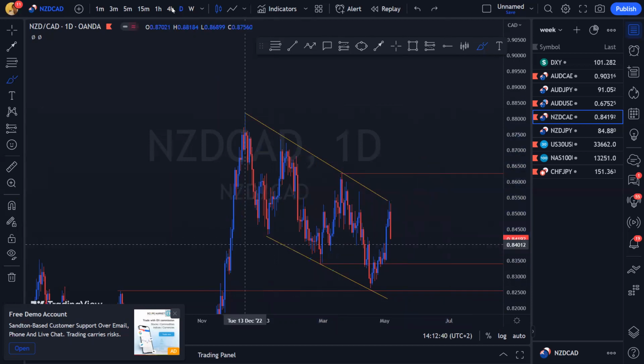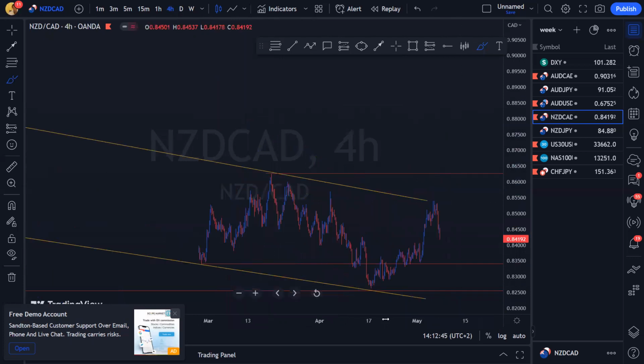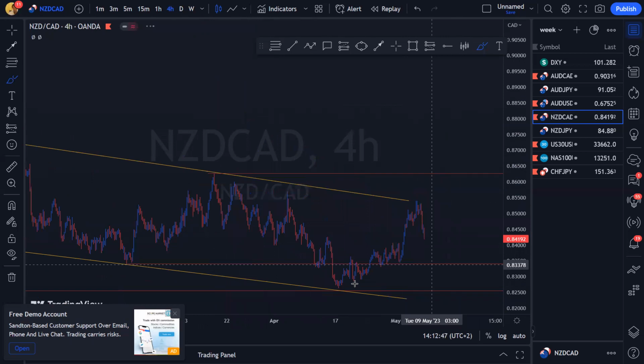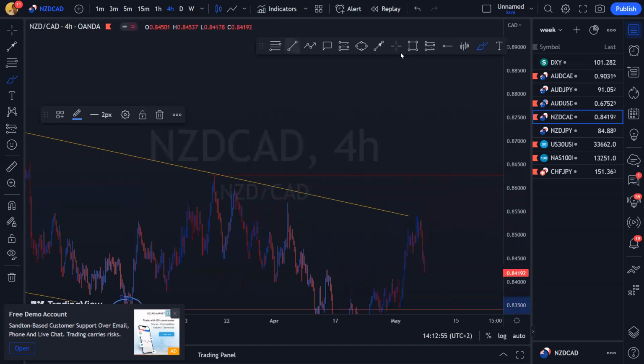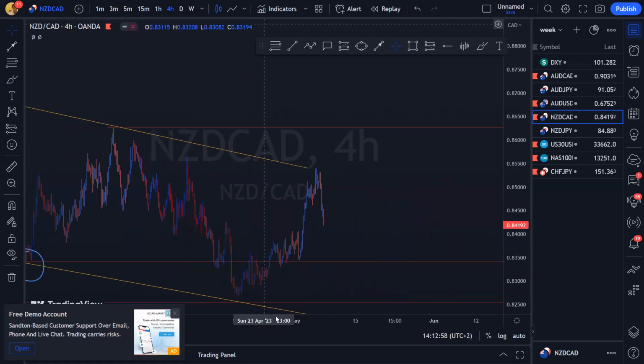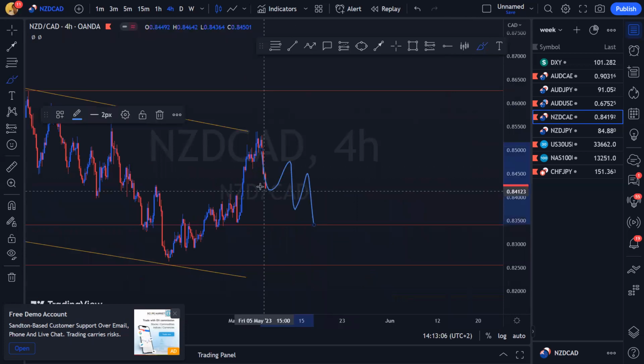Now, to drop down onto a 4-hour, things are going to become a little bit more clear, but also a little bit more confusing because we don't have a POI that we can use on a 4-hour. All we've got to function off is this level of structure here, this low. So all we're going to be doing over the course of next week is waiting for the chart pattern to present to us probabilities to be able to buy New Zealand dollar CAD.